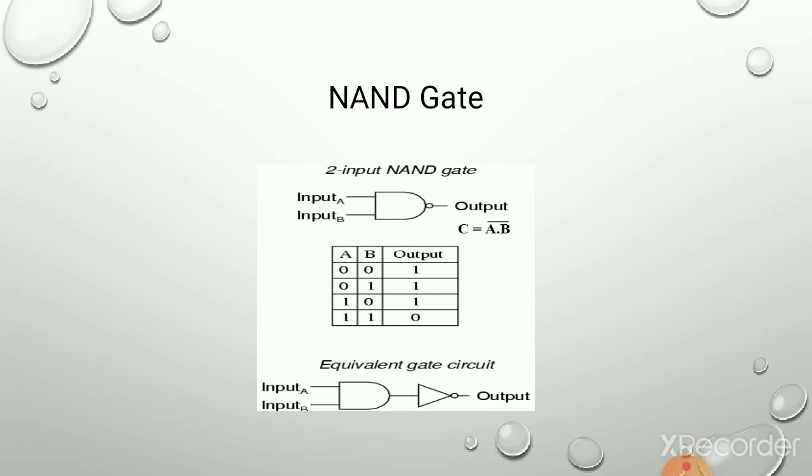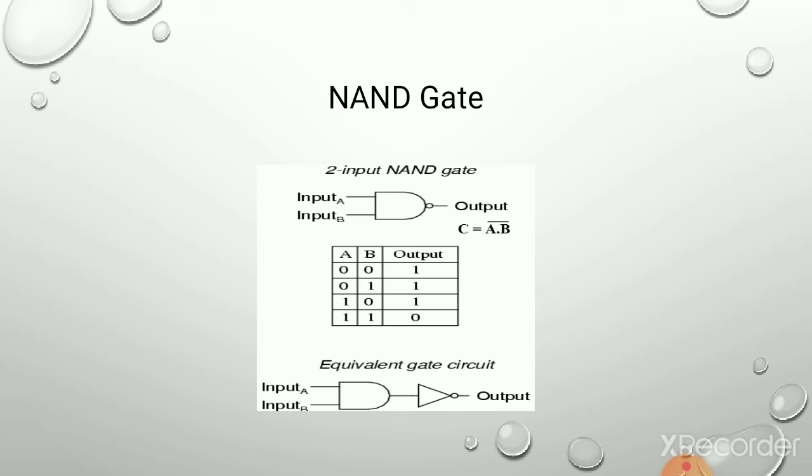Let's see, last is the last diagram, the equivalent gate circuit, and similarly the first diagram. The symbol of a two input NAND gate is shown in this figure, where a bubble on the output side represents inversion. The truth table of a two input NAND gate is shown in this figure, which shows that the output is low if and only if both the inputs are high simultaneously. For all other input combinations, the output voltage will be high.